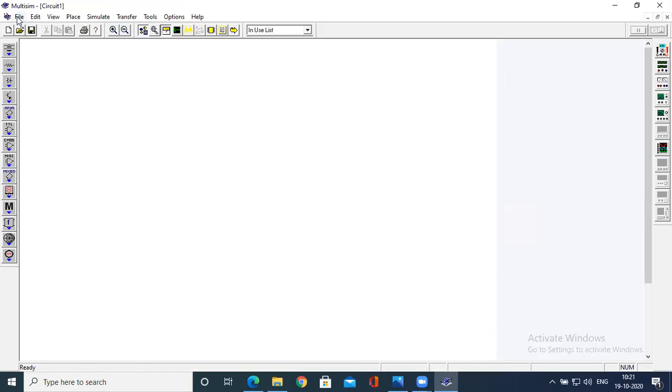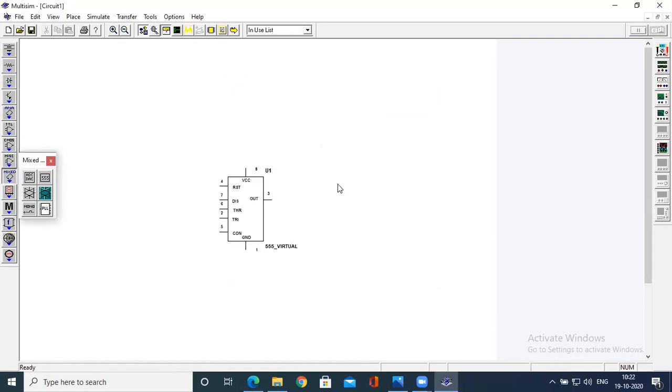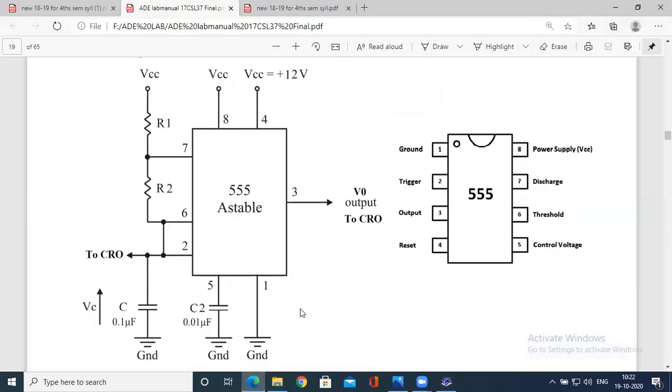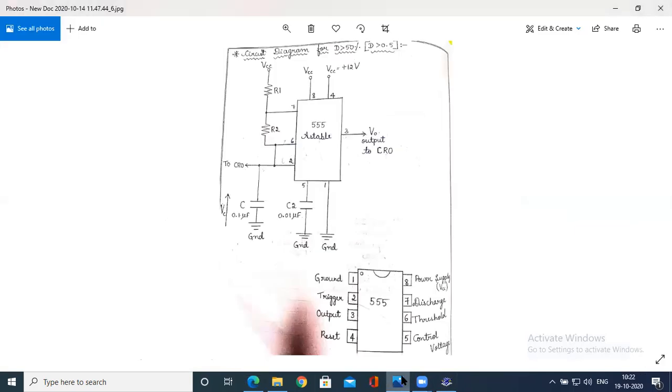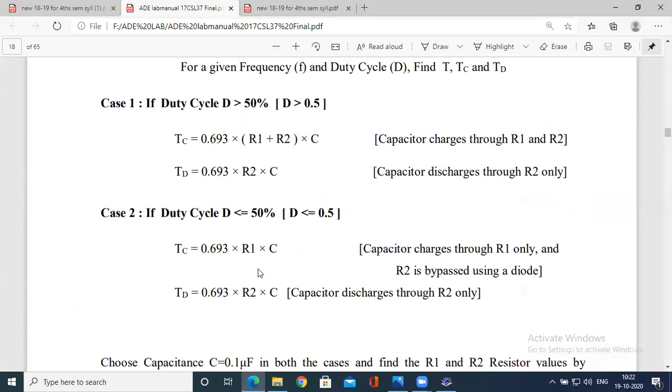Now, the 555 timer I said. So here is the interface. You can take File, New. In the Mixed group, you have the 555 timer. Click on the 555 timer, 555 virtual, press OK. It is placed over here. Right, now what do we have to do? See the circuit connection. Okay, let us design this, knowing the values of R1 and R2, all of you. So we'll design it. What is the value of R1 and R2? It is being calculated. I request you to remember that.